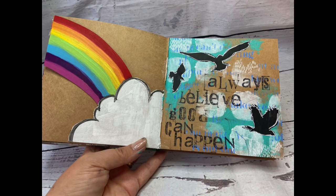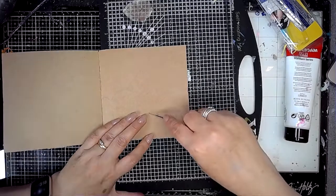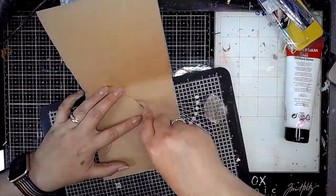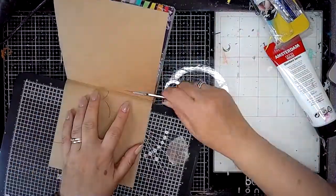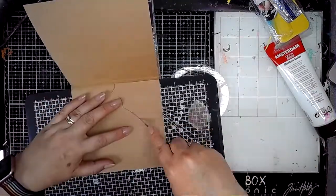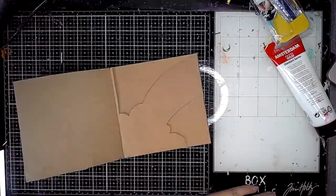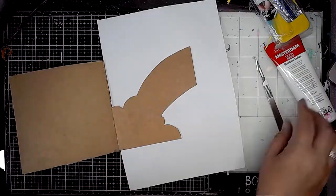So as you can see, today's page has a rainbow in it, and some days I just need to create a page with bright colours and a bit of a rainbow theme going on. So again, I'm doing another cutout page. This is a really simple one, not many cuts, and you've got a cool rainbow shape coming out of a